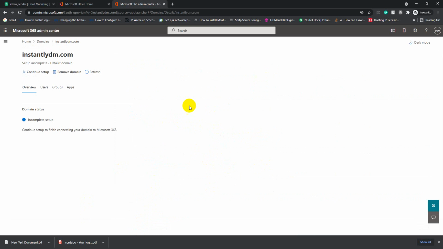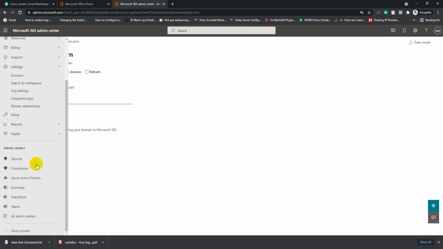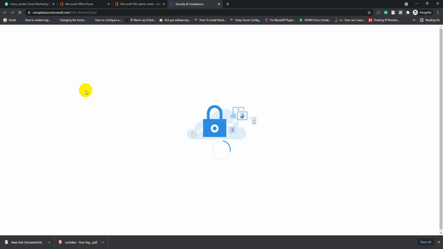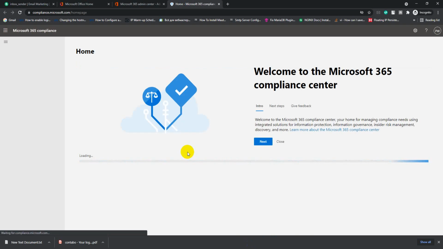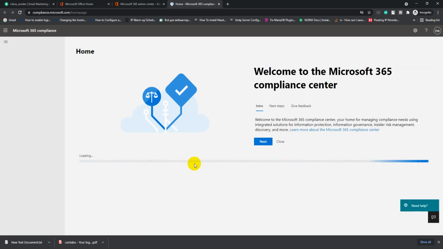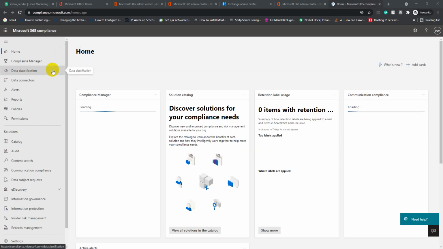In the next step, I'm going to add a DKIM record. For adding a DKIM record, you need to go to settings, then click compliance.